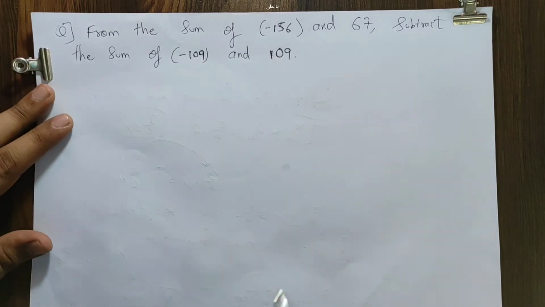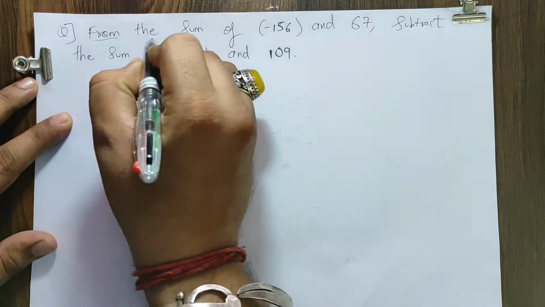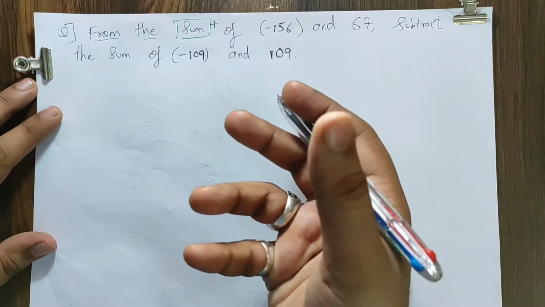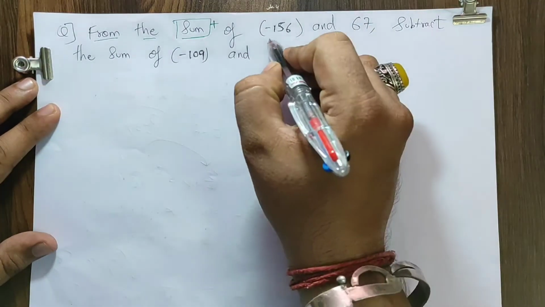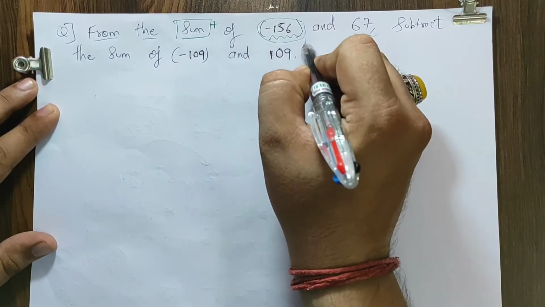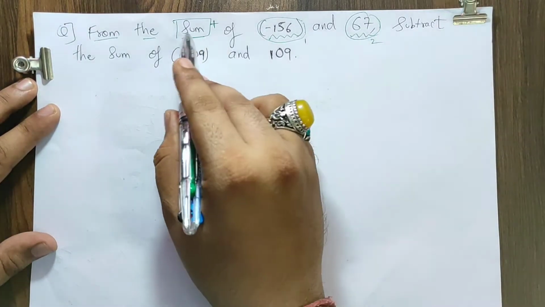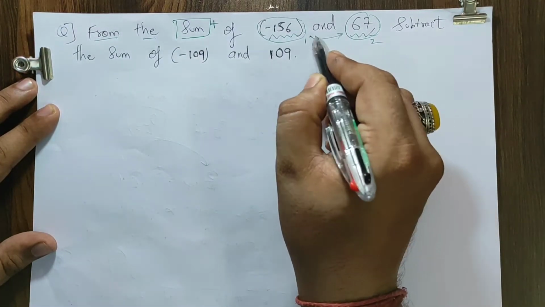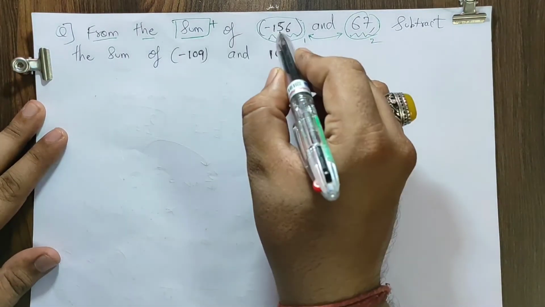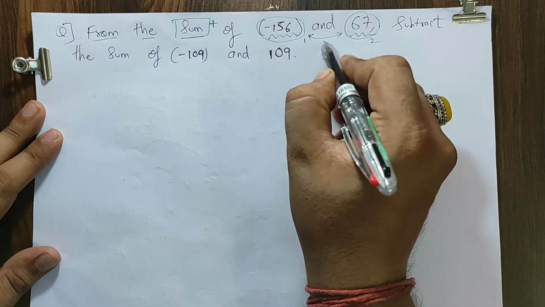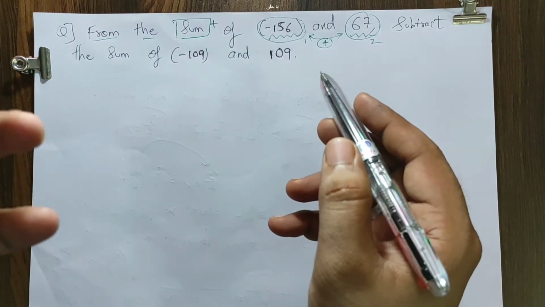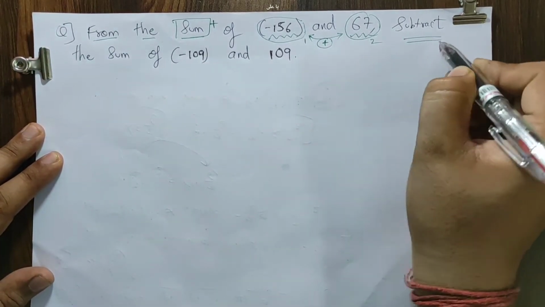Okay, let's start. Understand each and every word please. From the sum. Sum means addition, sum means plus. In Hindi, if I say kiska sum, from the sum of this number and this number. So this is my first number and this is my second number. From the sum of this first number and this number. Sum means plus. So from the sum, from the addition of these two numbers, that means we have to add these two numbers. Okay, from the sum of these two numbers means the answer we obtain after adding these two numbers.